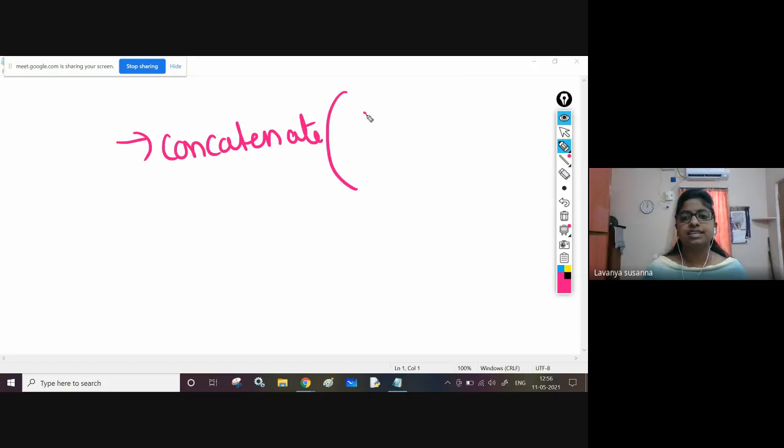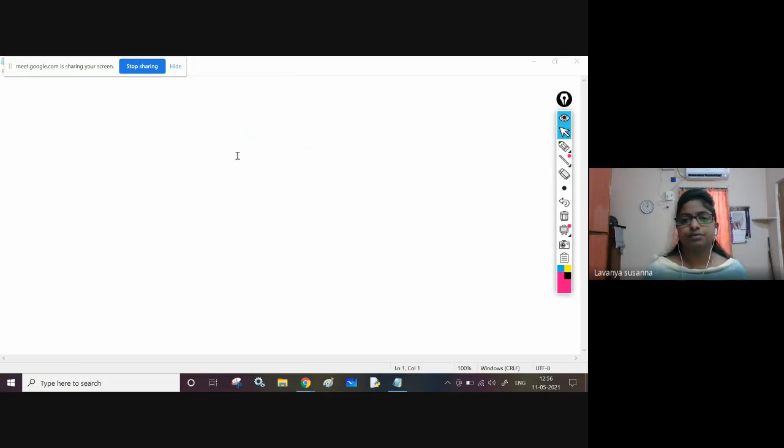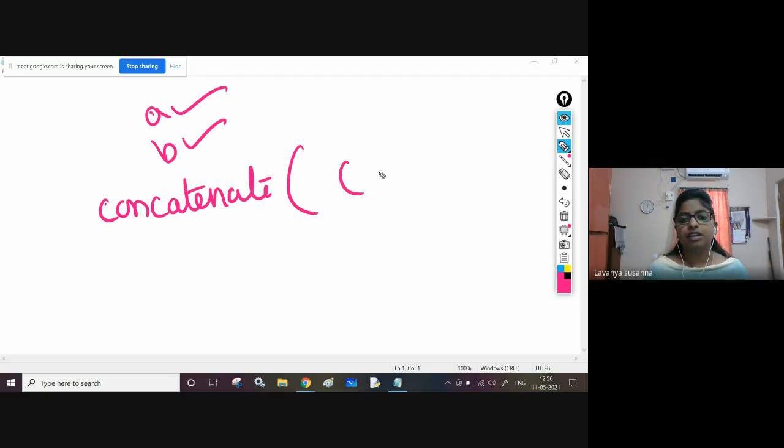You need to pass them as a tuple: concatenate of sort of A, comma, sort of B. See, think A is a sorted array, B is a sorted array. Concatenate of A, comma, B. Like this you need to pass. Now, the concatenate function will combine the arrays.